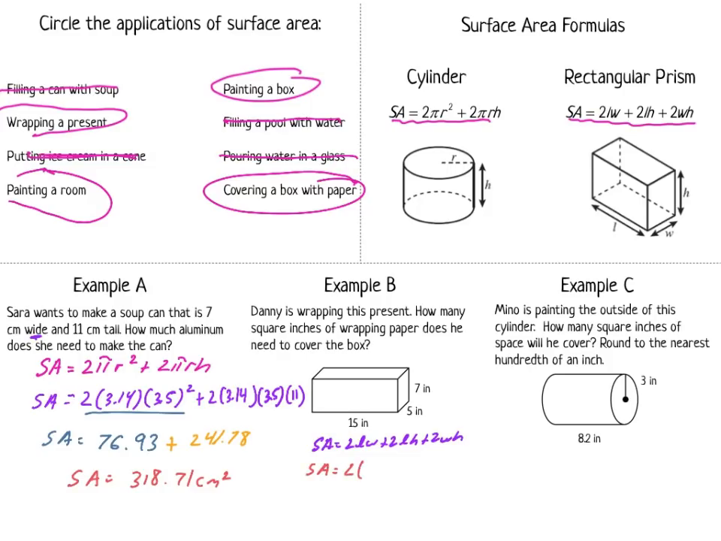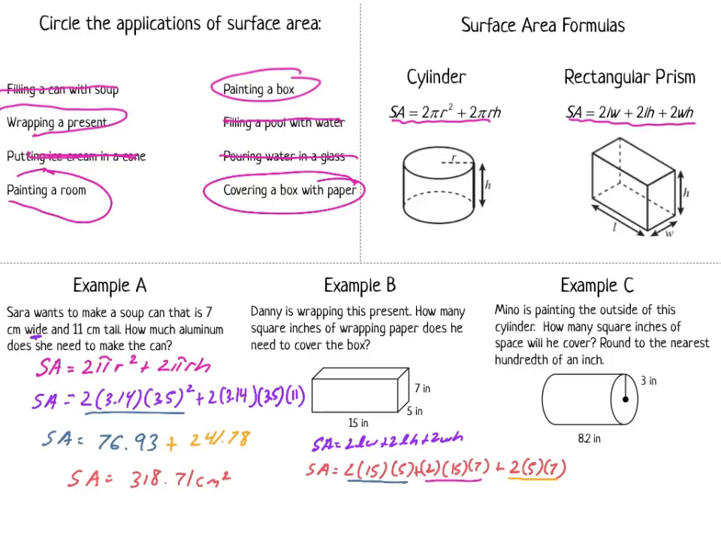We know our length is going to be 15. Our width is 5. Then we need to add that to 2 times our length, which we just said was 15, times our height, which is going to be 7. And then finally, we need to add that to 2 times our width, which is 5, times our height, which is 7. And again, we need to follow our order of operations. So we're going to need to do our multiplication first. So we're going to have to do our 2 times 15 times 5. Then we're going to have to do our 2 times 15 times 7. And finally, we're going to have to do our 2 times 5 times 7